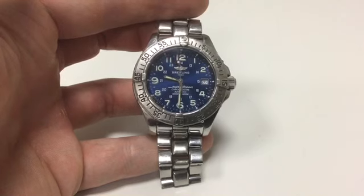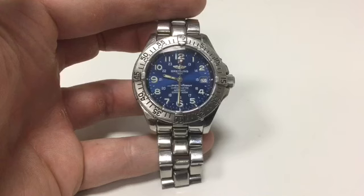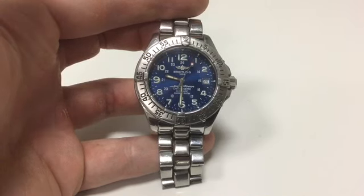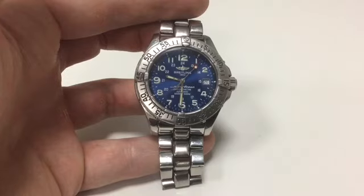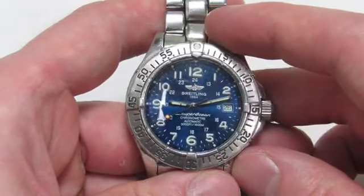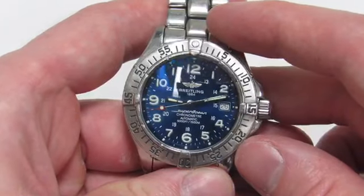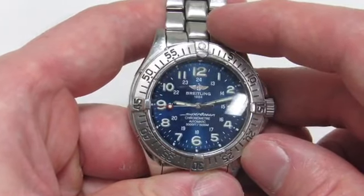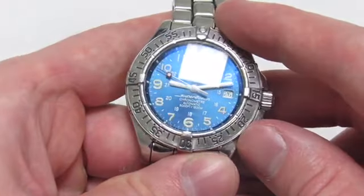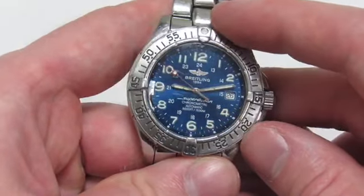Their prices have gone up, and they're also using the in-house Tudor movement and modifying it instead of using the modified Swiss ETAs. I actually really wish I could keep this watch for my collection. I've always wanted a Breitling, but I'm not in the business of stealing my viewers' watches, so I'm going to send this back. But before I do that, since this is a diver, I do want to show you guys